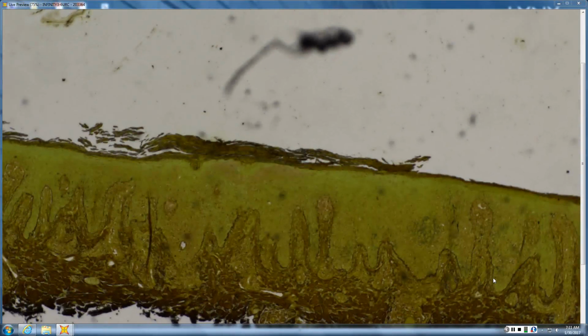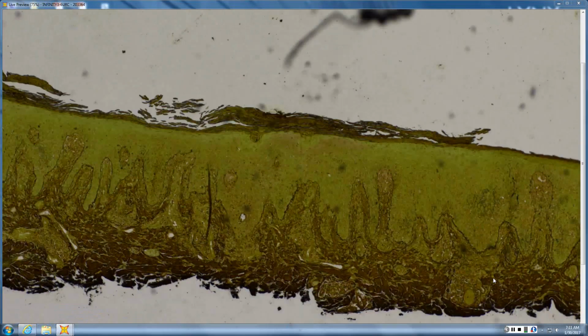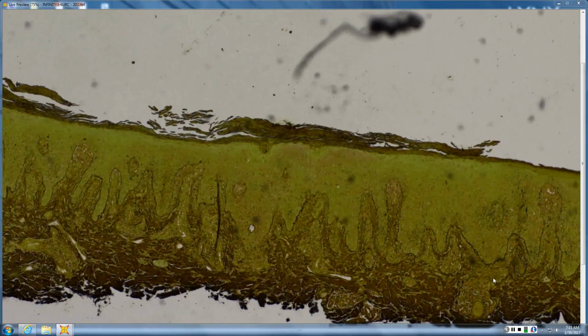And then you also have to be careful that the silver stain will stain the dendritic processes of melanocytes and typically, I think, also Langerhans cells. And so when you see all those squiggly dendritic processes, they can almost look like spirochetes. And so you have to be careful not to overread something. You have to look for the very, very, very tiny, which I'll point out here in a second,